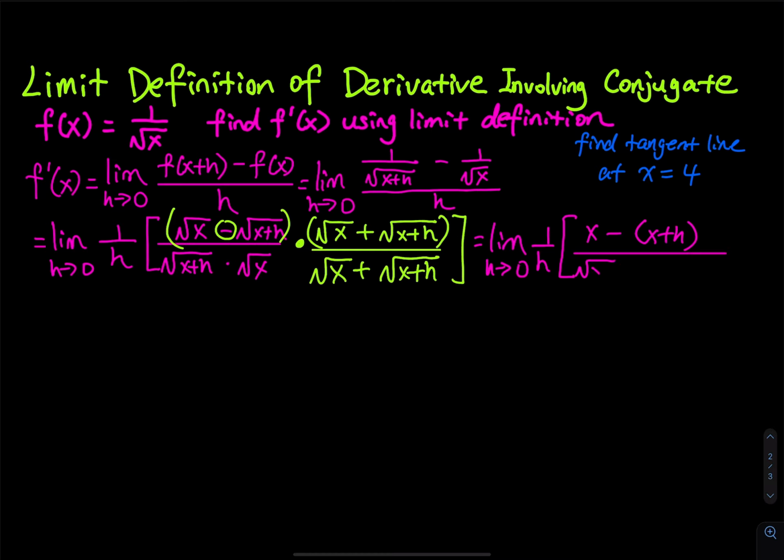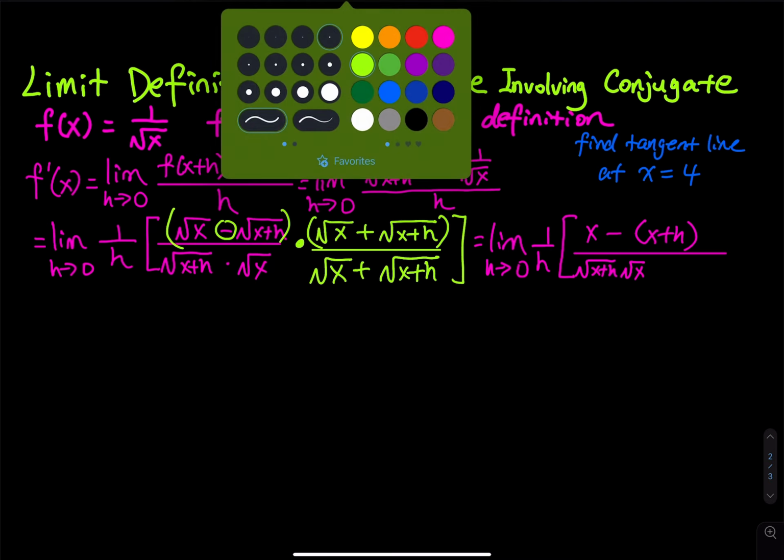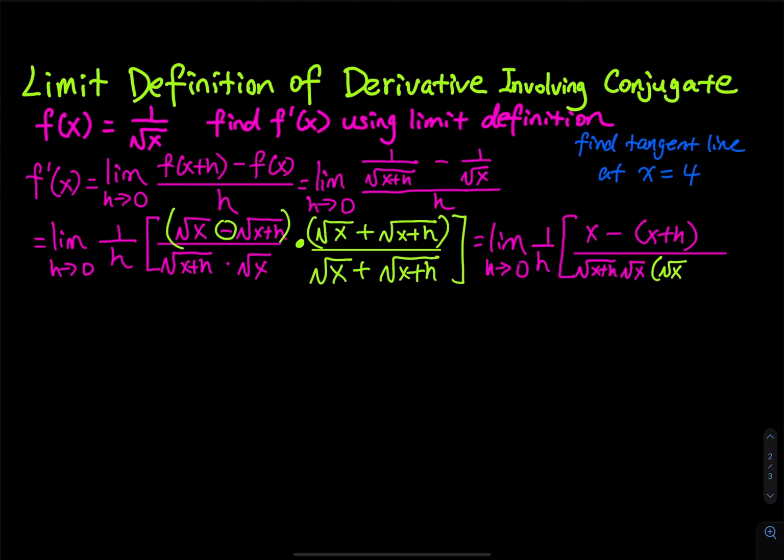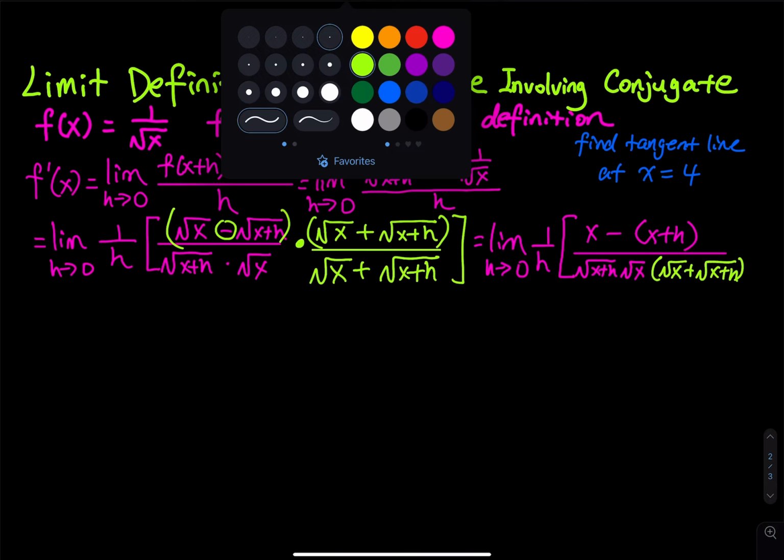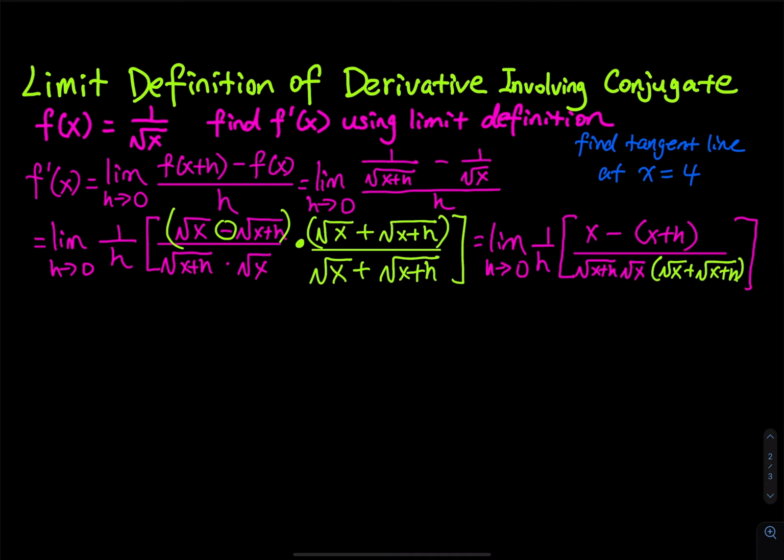Like this: square root of x plus h times root x, and then you multiply the green term, square root of x plus root of x plus h. Maybe I can match up the color for you. Okay, what do you get on top? The top is just equal to h, right? And that h, get rid of this h. So you only have